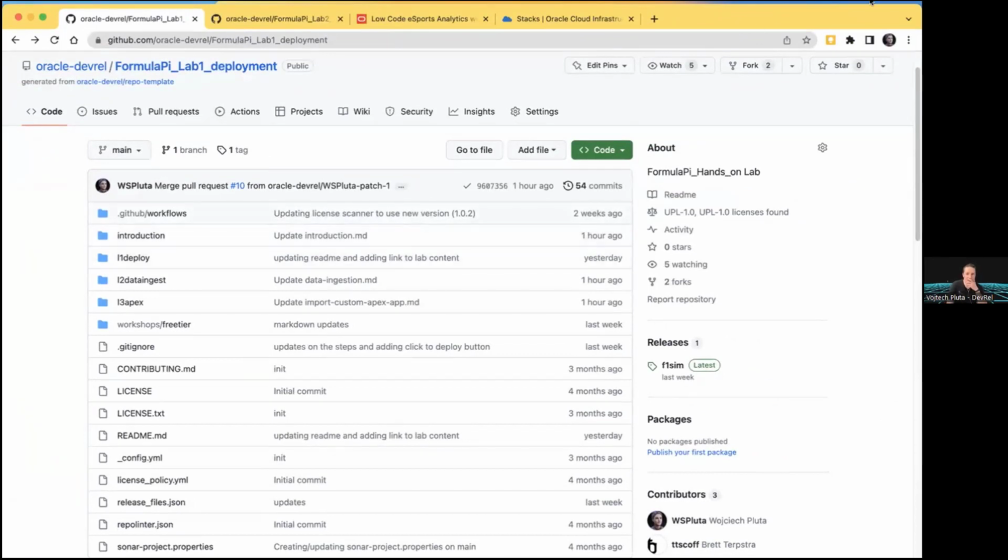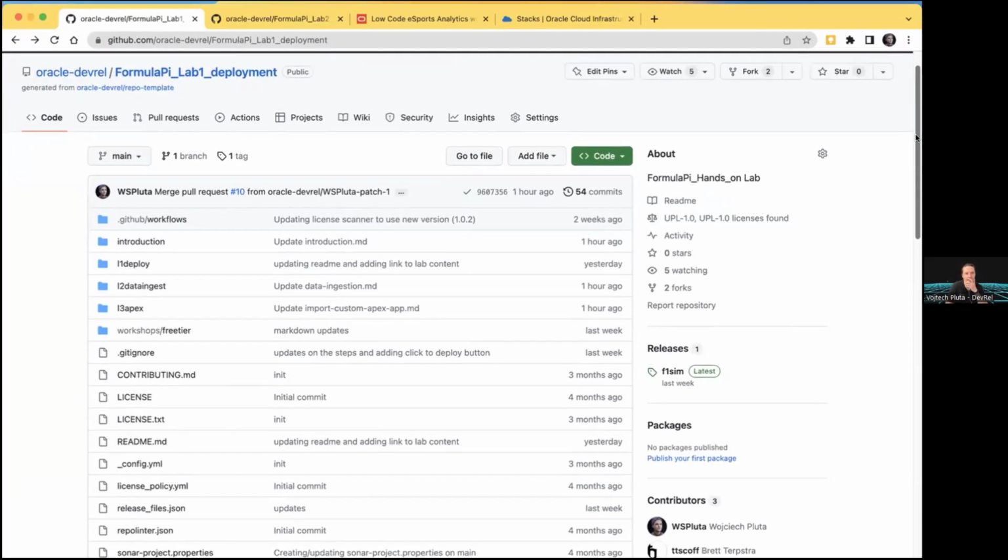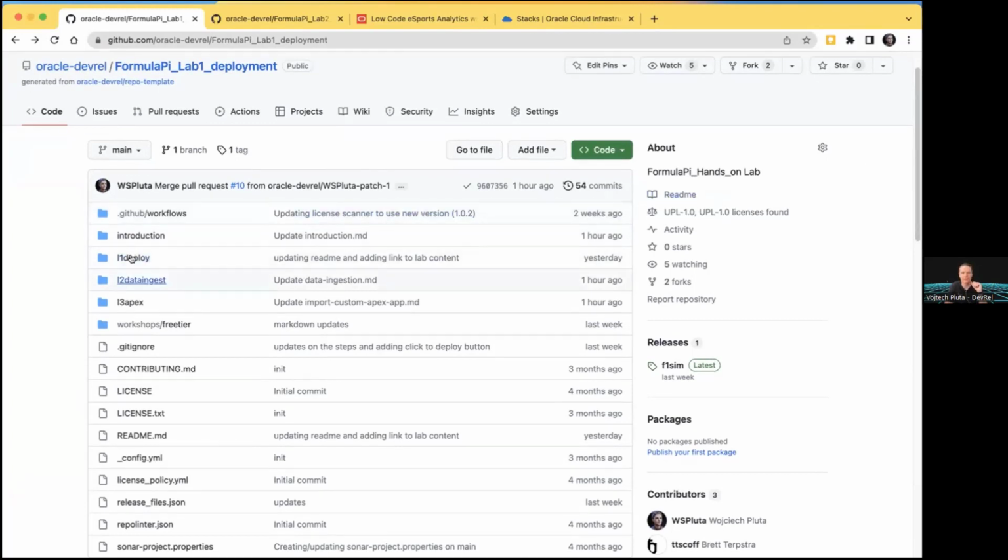The link to the lab is available in our GitHub, and you're going to have availability of this post lab. It's split into 3 labs. As you can see, lab 1 is about the deployment, the data ingestion, and then the Apex configuration and so on. Just to let you know, between lab 1 and lab 2, we will have